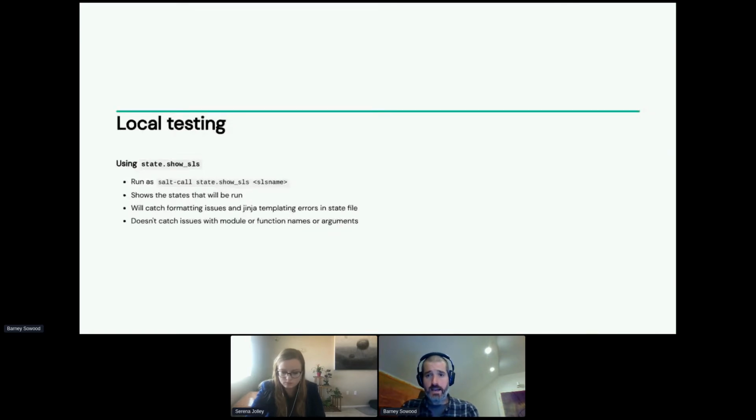And it's also useful to check that the states you're expecting to see are there, especially when you've got Jinja conditionals in. You can just eyeball that and see that the states around Jinja conditionals are actually appearing. What it doesn't do is validate module or function names or arguments, but it is extremely quick to run.